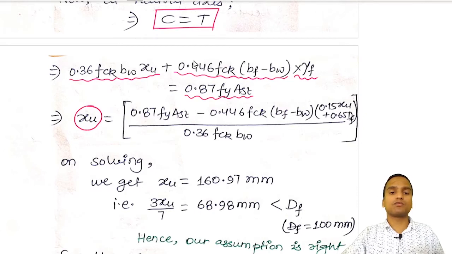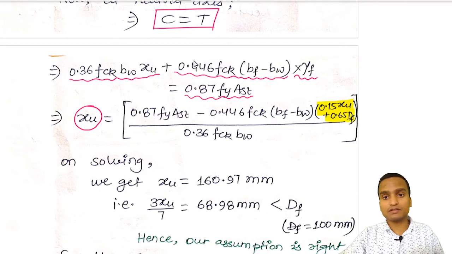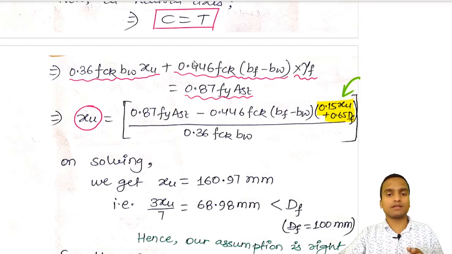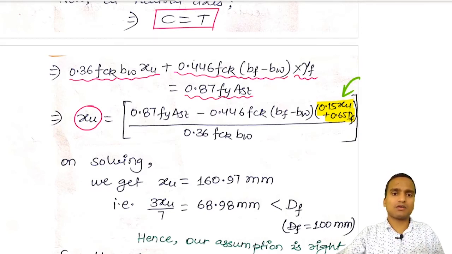Now when we go for calculation of the value of xu, all the data are provided, but you will see the value of yf is in itself a function of xu. So xu appears here again. We have to do a small interchanging of the values, and then we can easily solve the equation. It is a linear equation of one variable only. On solving, we get the value of xu equal to